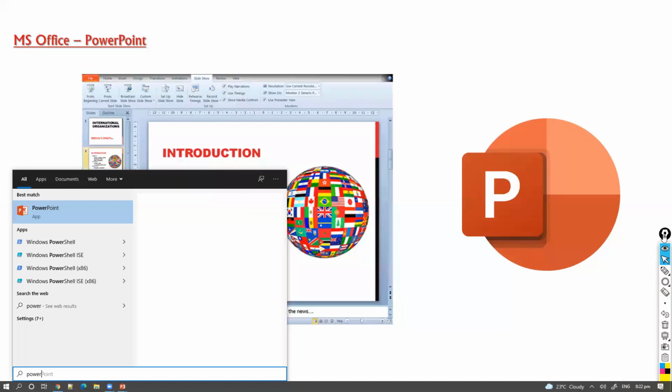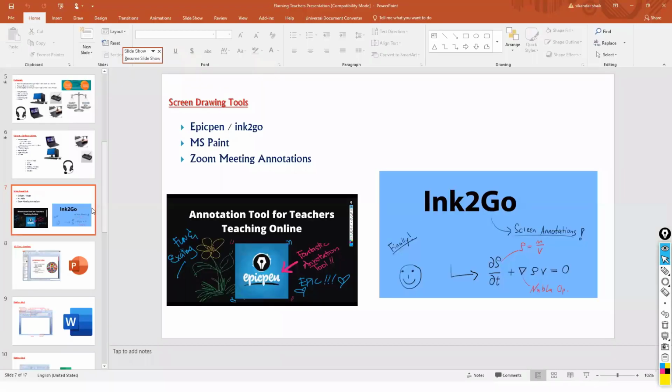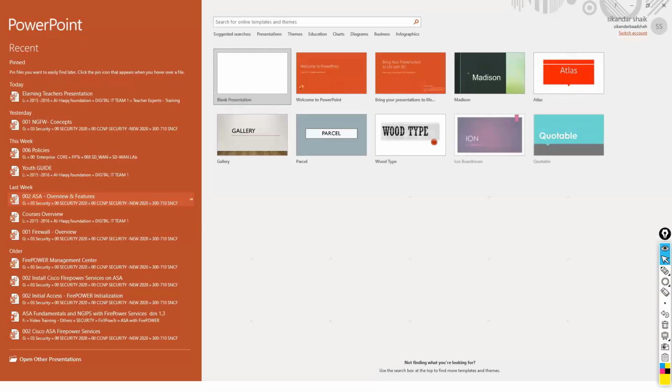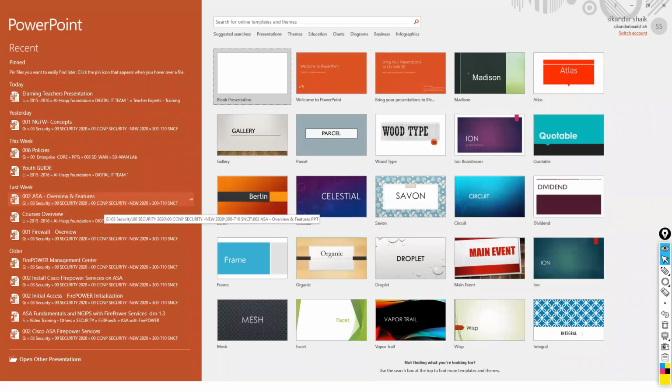So like here you can see, you make sure that you install the software. I expect you to know how to install, so you're not getting into that. Of course, it's a kind of set of files. So open the PowerPoint, whatever the version you're using, it's up to you. I think I'm using 2019, which has more options. So when you open it, then there will be different options on your left side here,